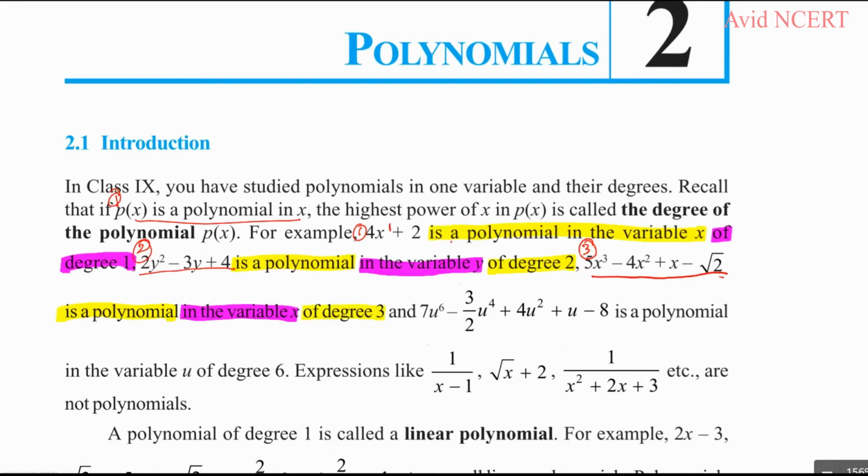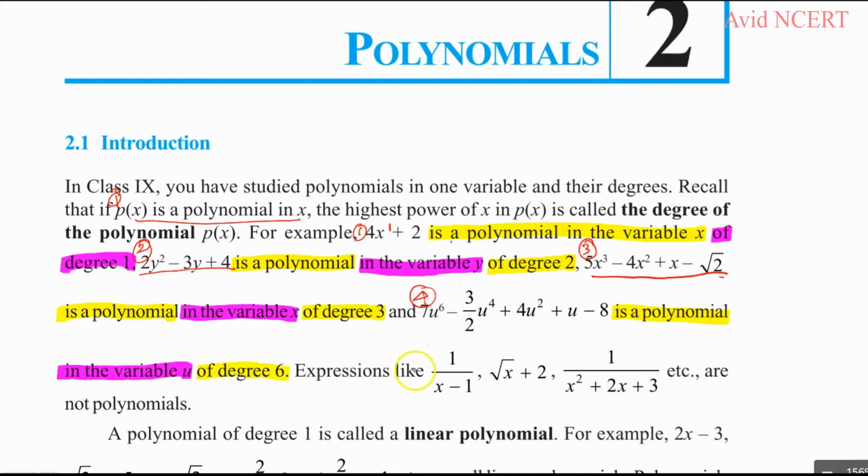Now fourth example they have given is 7u square minus 3 by 2 u power 4 plus 4u square plus u minus 8. Here 6 is the highest degree in this equation. So first point you have to write is a polynomial. Second is in the variable u, which is given in the question. And third is degree